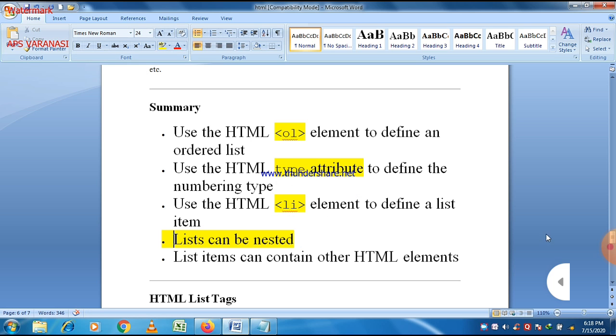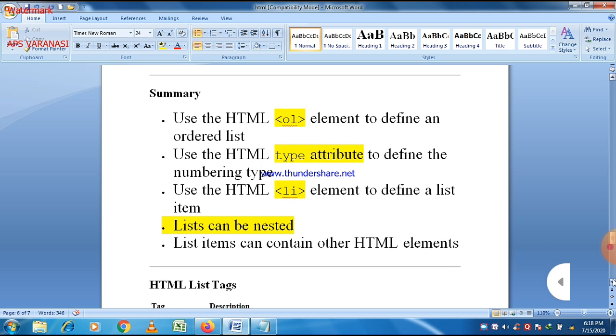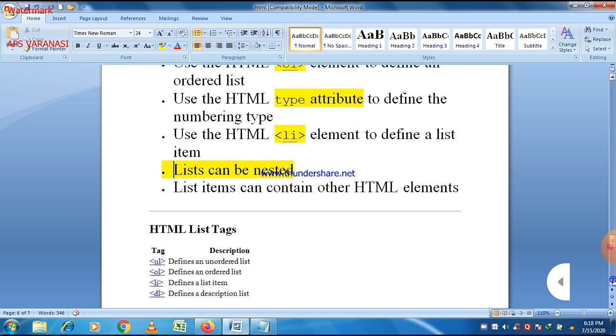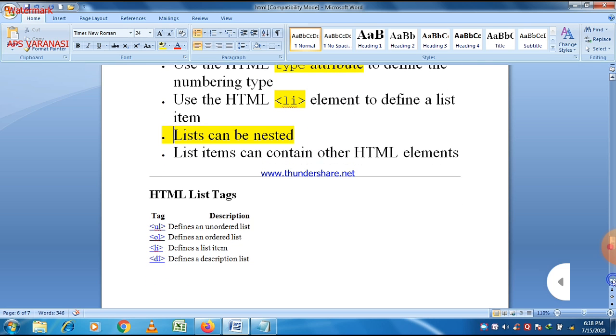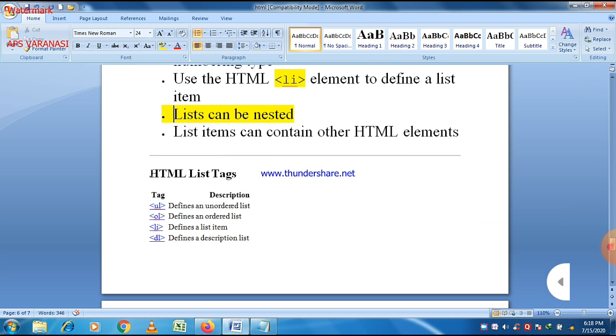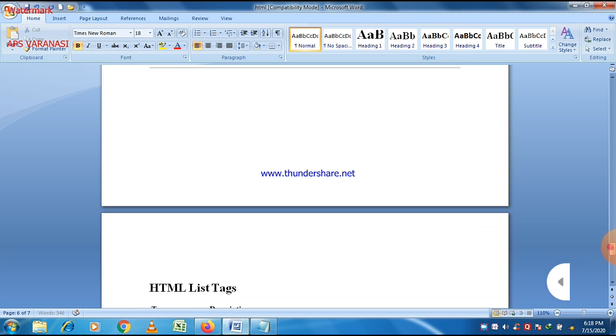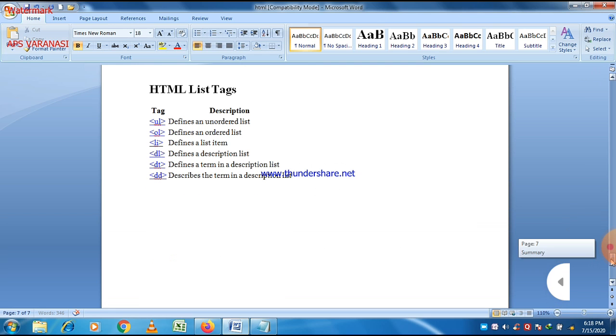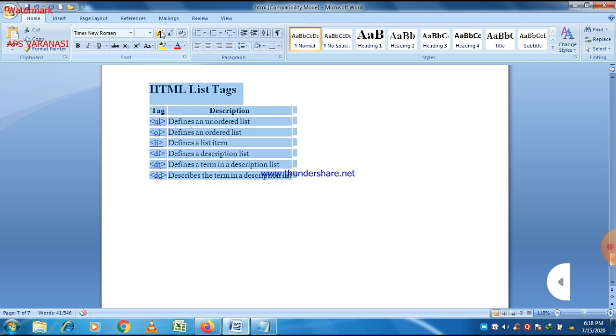List under list is called the nested list, and a list item can contain another HTML element, and different HTML list tags are there. So some of these we learn in this lecture. These are the UL tag and li tag.